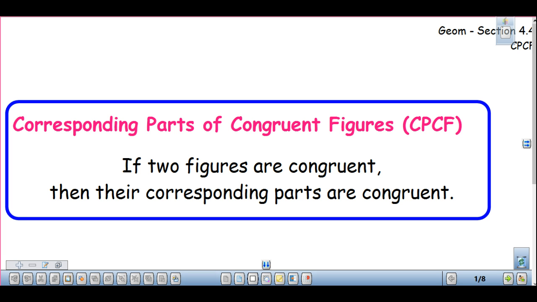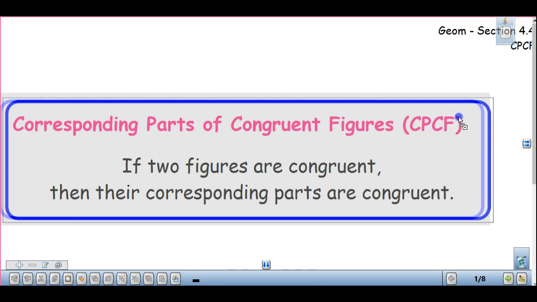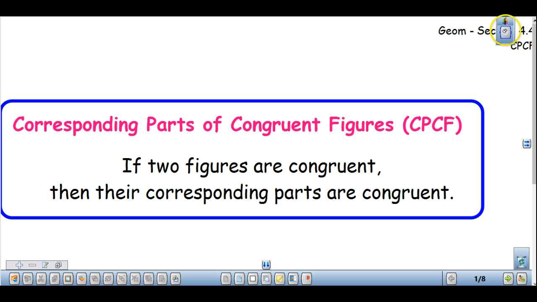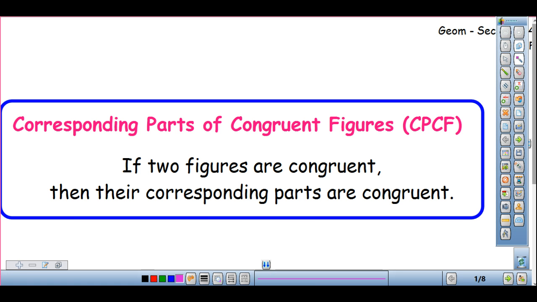Okay, the nice part about this lesson is that it is not much different than what we have been doing. We're just adding one part to it. And what we're adding to it is called corresponding parts of congruent figures are congruent. So add a C onto the end of this, so are congruent. So it's CPCFC. All that means is once our triangles are congruent, now we can make sure that now the parts are going